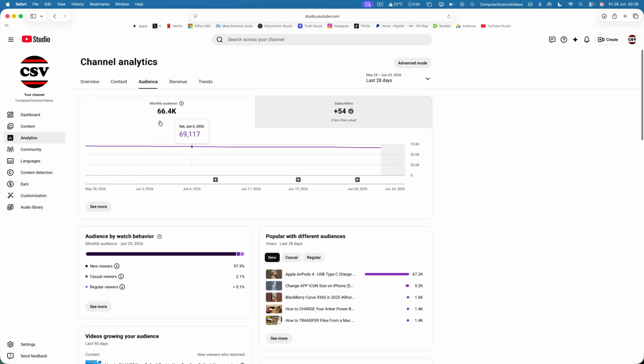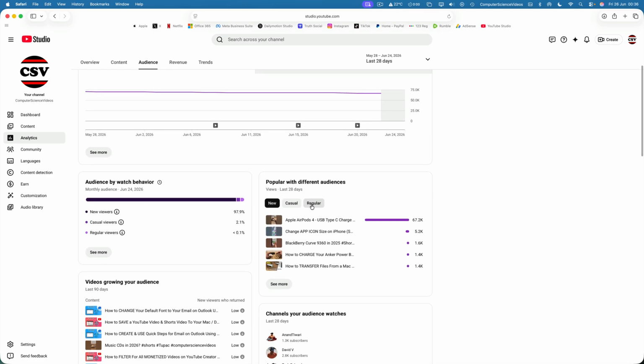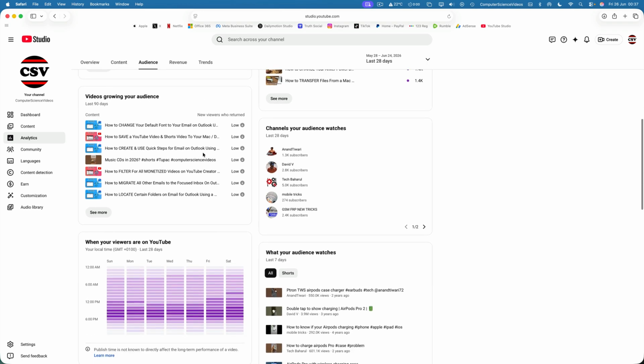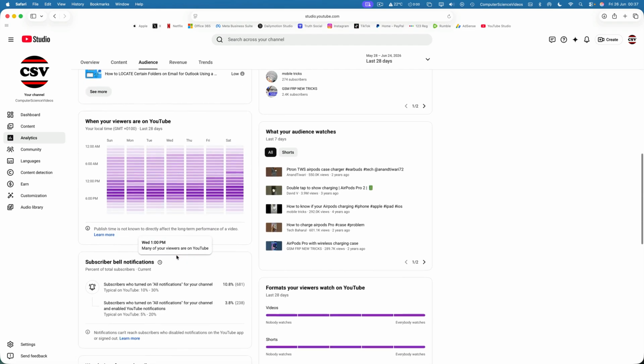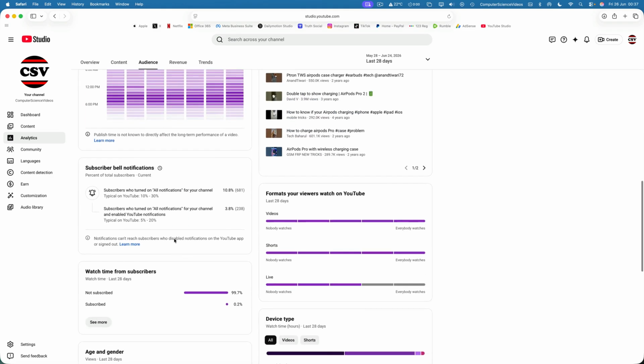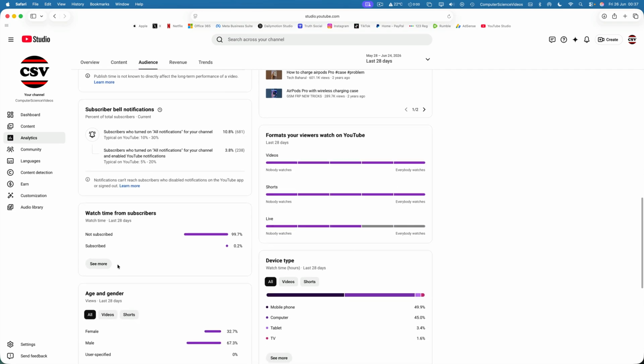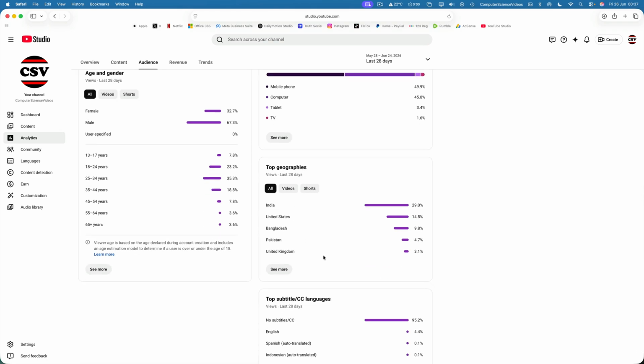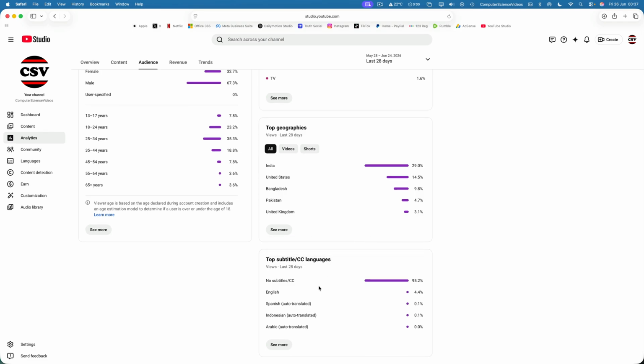click on audience, monthly audience, subscribers, audience by watch behavior, popular with different audiences, channels your audience watch, videos growing your audience, when your viewers are on YouTube, what your audience watches, subscriber bell notifications, how many subscribers have turned on that bell so that they are notified whenever you post a video, watch time from subscribers, formats your viewers watch on YouTube, device type, age and gender, top geographies, subtitles and languages,